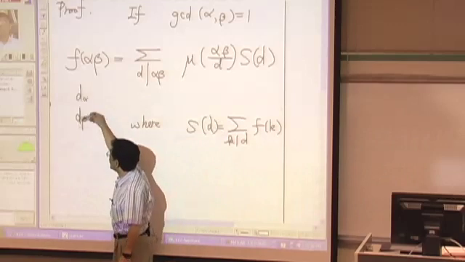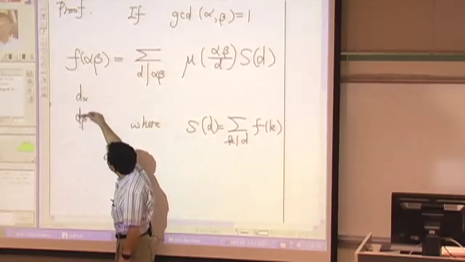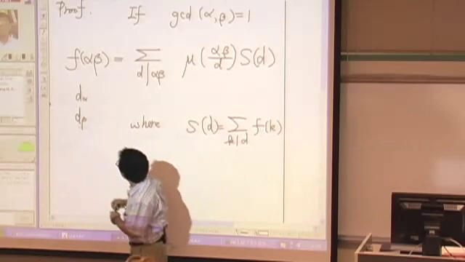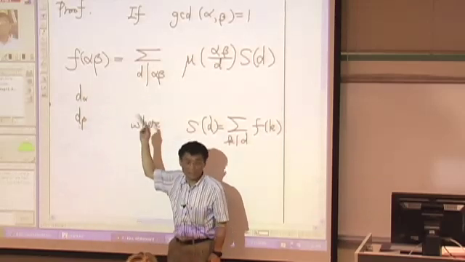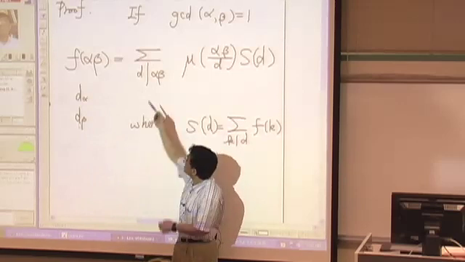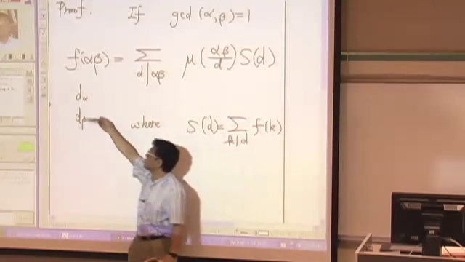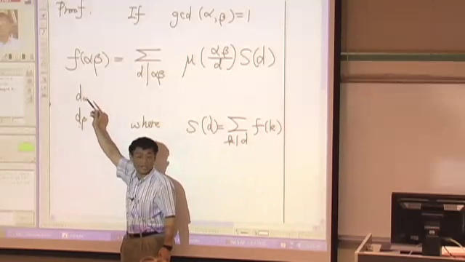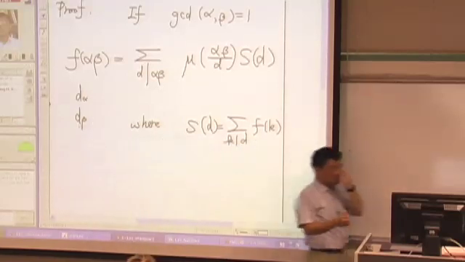but they do not have common factor, right? They don't have common factor greater than 1. Because if they have common factor greater than 1, then the GCD cannot be 1, right? So they are separate. Do you get it? They are separate. Because of this reason,